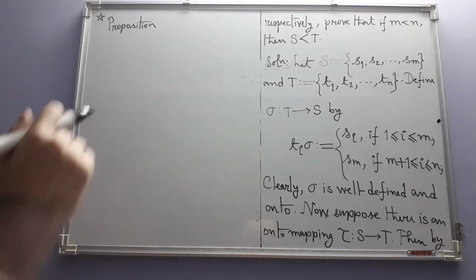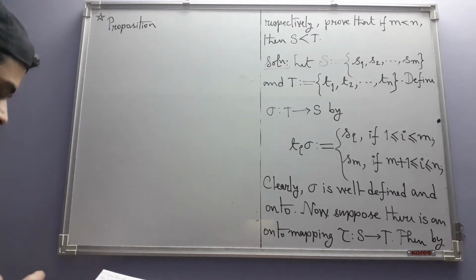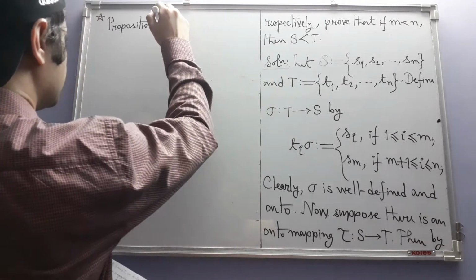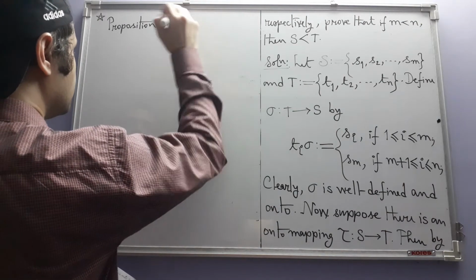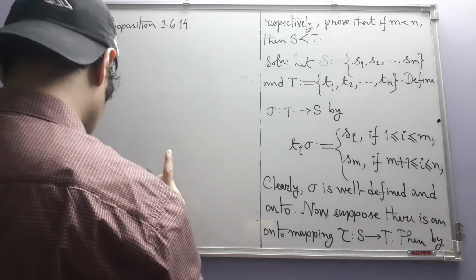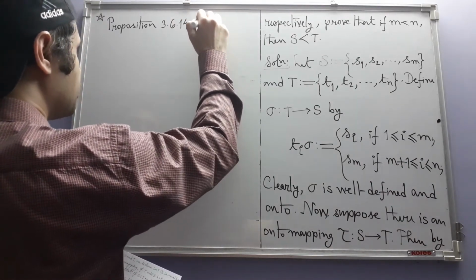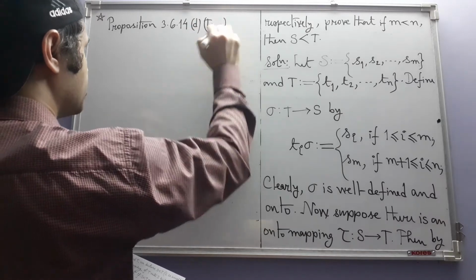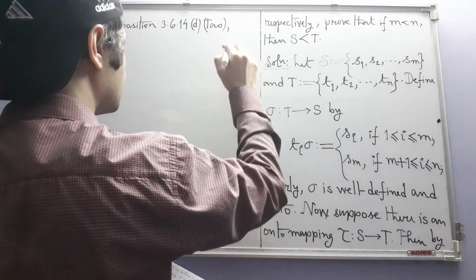It has some parts and it involves finite sets, and their number of elements or cardinality. So this is proposition 3.6. You have seen it before. D. This means that we are using part D of this proposition. By this, we have